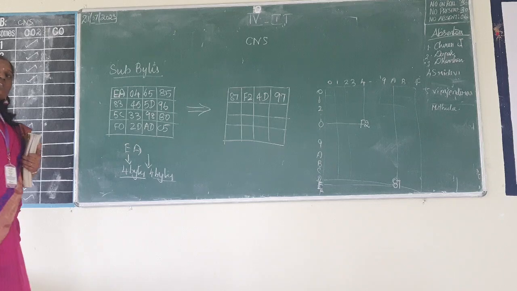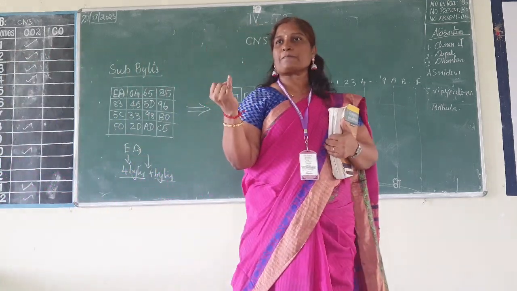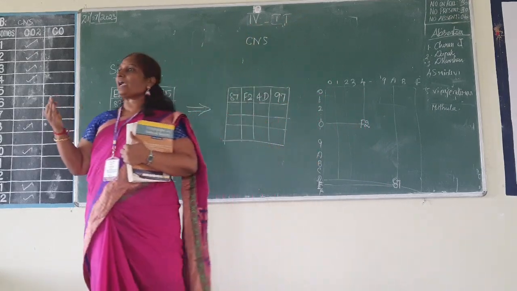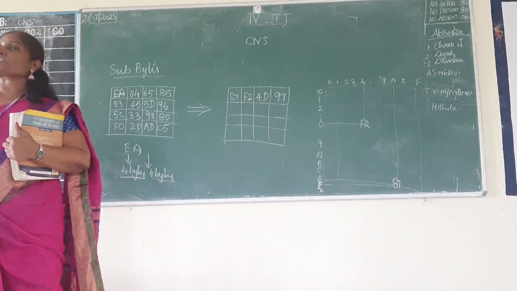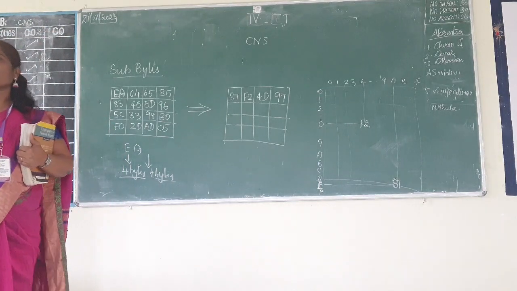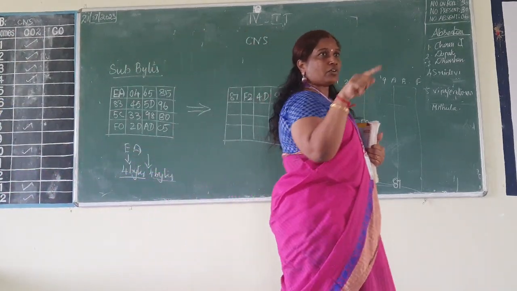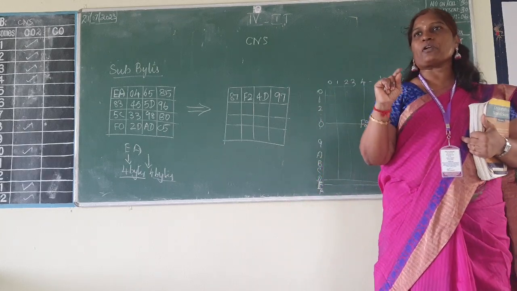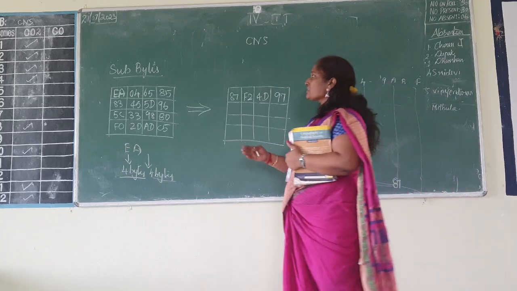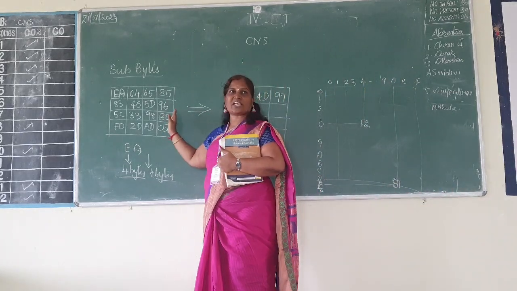So what are all the 4 functions we do in each and every round? Starting with substitution bytes followed by shift rows, mix columns and round key. So the first one is substitution byte. This is how we do substitution. Second, shift rows. How do we shift the rows? You have to consider always a 4 by 4 matrix. Whatever the plain text you take, that will be organized in this form only, a 4 by 4 matrix. This we call a state array.